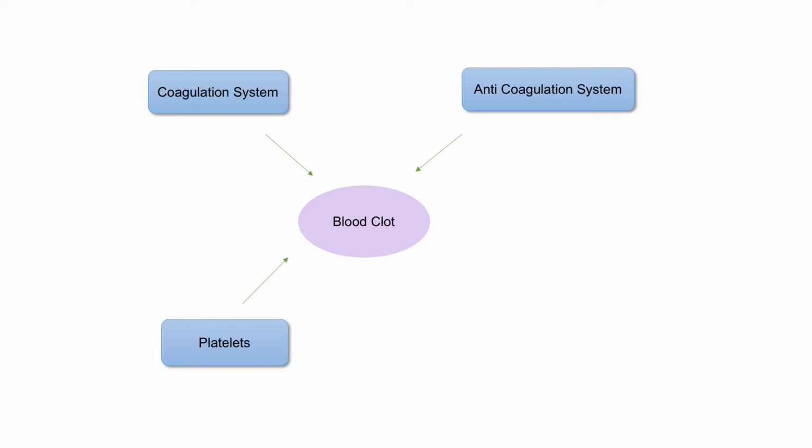Then the natural anticoagulation system results in inactivation of activated clotting factors to avoid widespread clotting. Similarly, the natural fibrinolytic system helps to keep the necessary size of the blood clot by dissolving it if needed to keep patency of blood vessels. So these two systems, anticoagulation system and fibrinolytic system, limit formation of blood clot and dissolve it if needed.